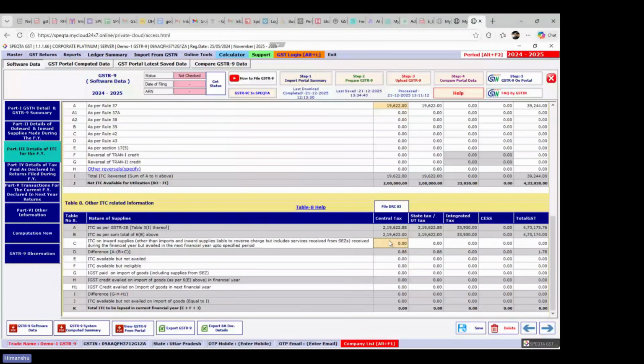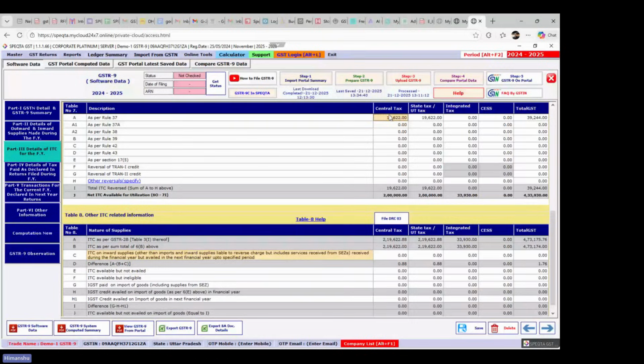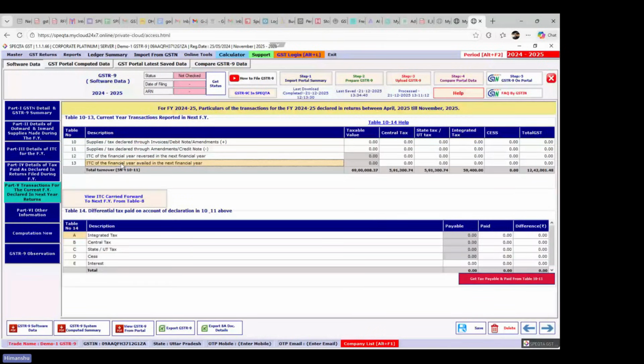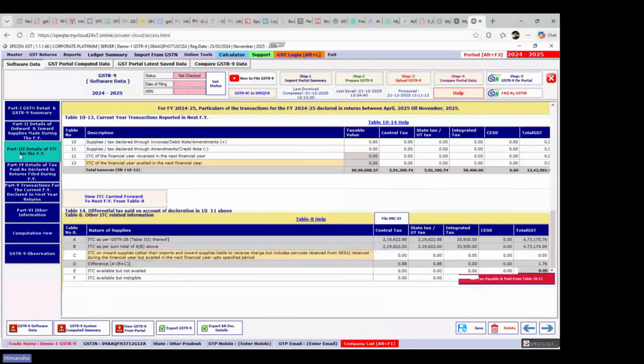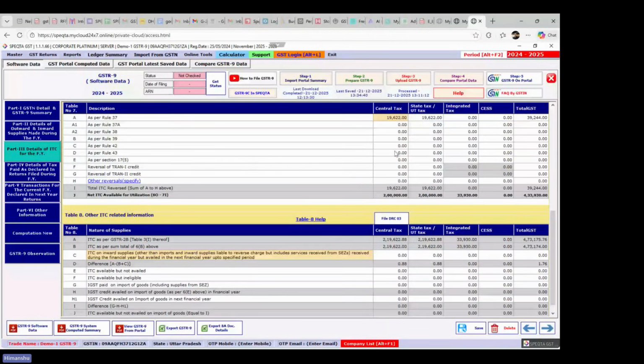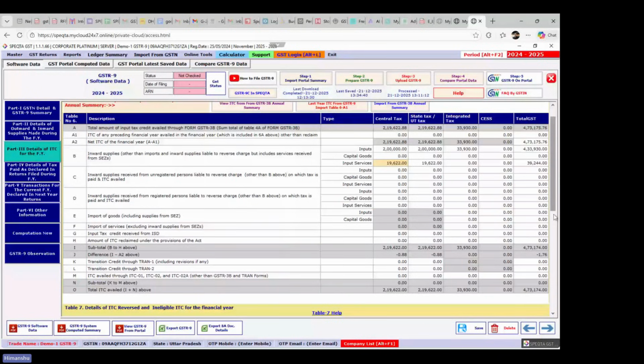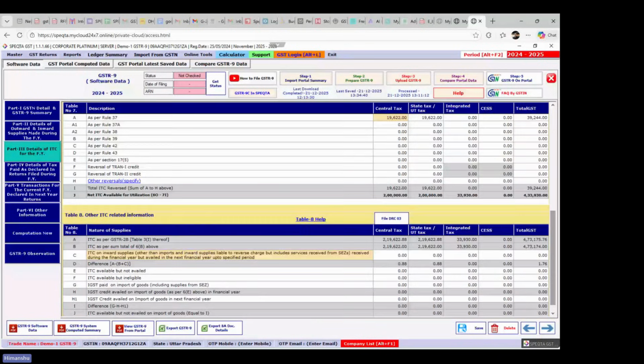Again, now the question arises whether this ITC that is to be reclaimed in future is required to be reported in table number 13. Yes or no? To clarify this, government has already clarified this point also. If any ITC which can be reclaimed in future, which is reversed and can be reclaimed in future, and if it is relating to rule 37 or 37A,